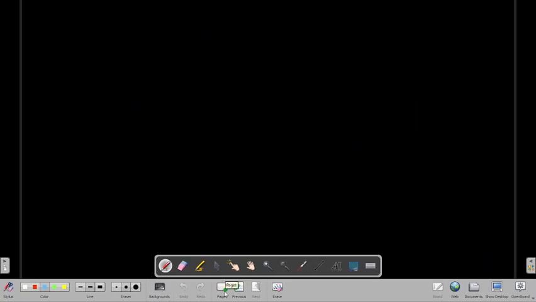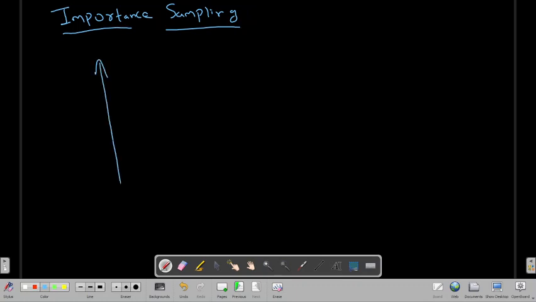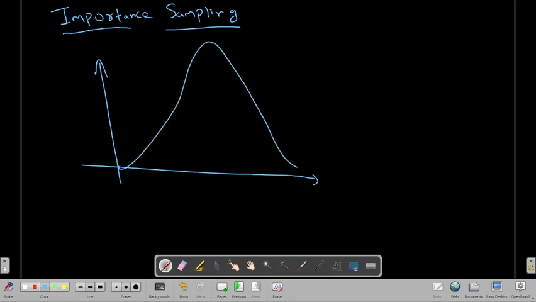There is another very important improvement on the acceptance method, which is known as importance sampling. I will briefly discuss this technique with you. So in the importance sampling method, suppose you have an integration, like a Gaussian integration, let us say.